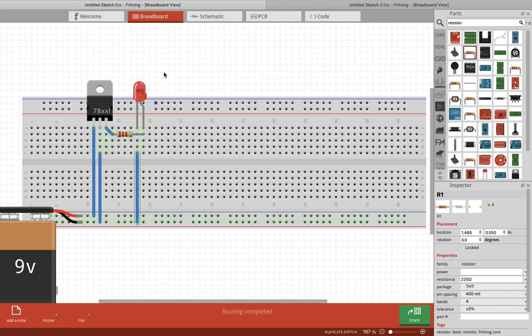So the LED is getting the limited current and limited voltage that is required by the LED, so it can now run safely without burning.